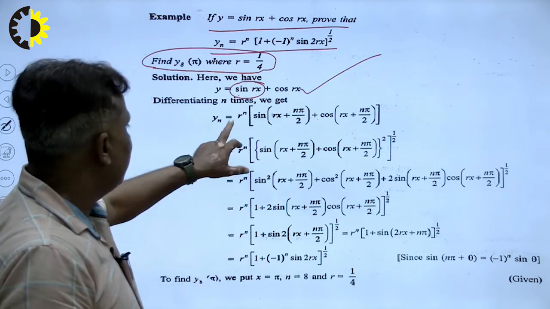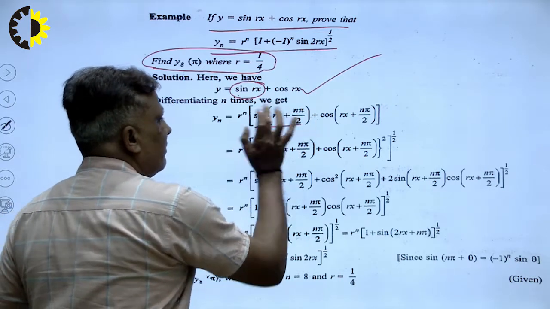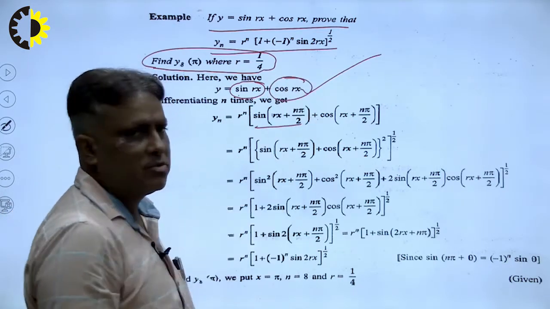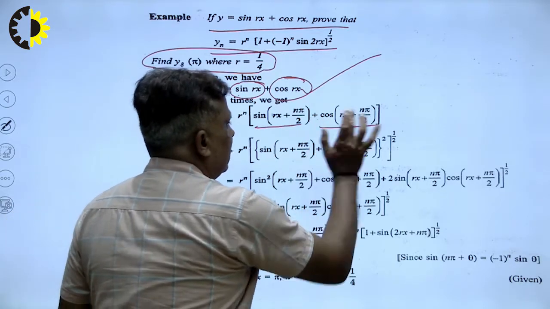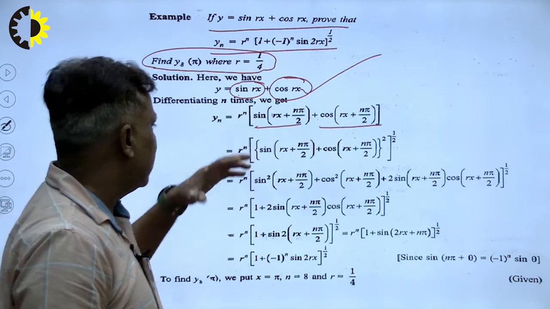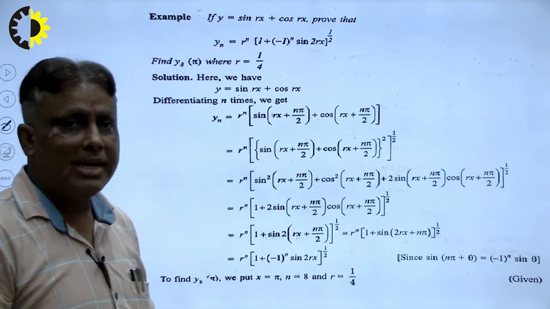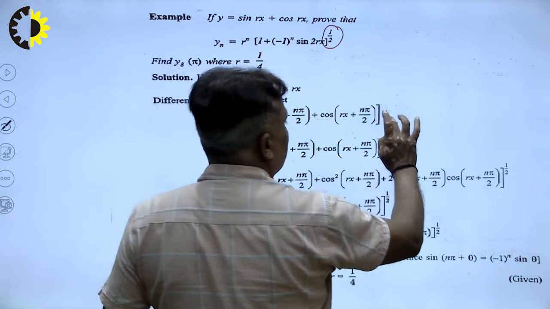rⁿ sin(rx + nπ/2) here. This is the direct formula. Now what is the formula of these terms? The formula of these terms will be rⁿ (rx + nπ/2) here. So I write here, in this way we have completed our problem, and rⁿ is common in both cases. But the question is how to solve the further step, right? Now the question is that there is 1/2, so how to reduce it here?